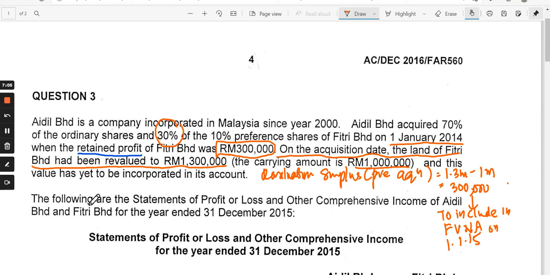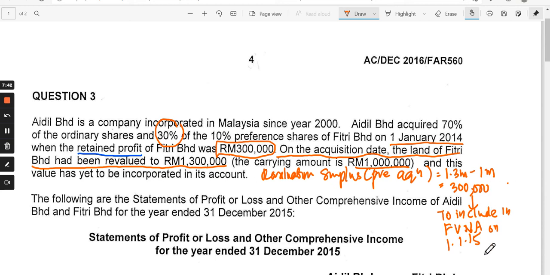You are informed in sentence number 3 here: on acquisition date, the land of Fitri has been revalued. So somewhere for 1st of January 2014, there was a fair value adjustment of land to 1.3 million and the carrying amount of the land was 1 million. And this is actually a pre-acquisition revaluation surplus, and this has not yet been incorporated in the account. What you need to do is go and incorporate that in your share of the net asset as a parent. So the revaluation reserve surplus here is 300,000